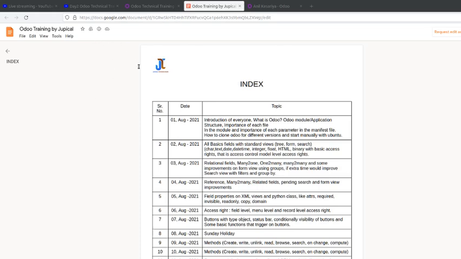So all the information of the module, like who developed the module, who is the author, what is the summary of the module, what is the version, website detail, and the dependency, meaning which existing module this module depends on, or you can put any custom module as a dependency, and data. You can load your demo data files and XML files into the data parameter.